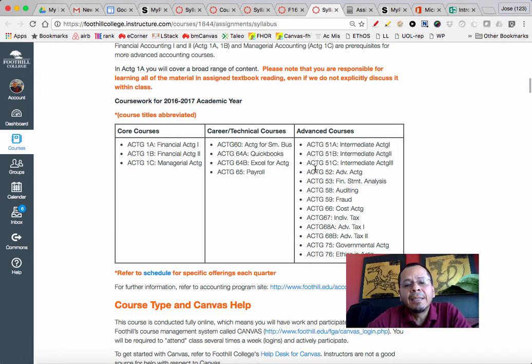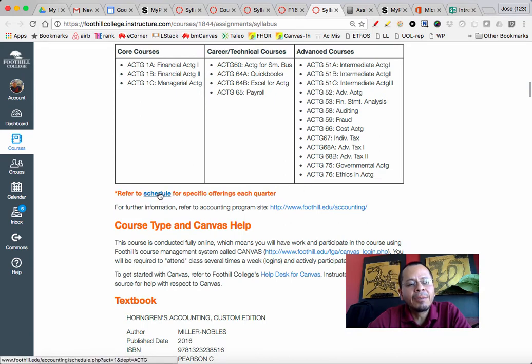Keep in mind that also these are the basis for getting certificates in the program, and you would be emailing me. Since I'm the chair of the department, I will be the one reviewing your application, and I will be the one providing you with the certificate if you qualify for any of these as you move forward. If you want to look into other parts of the other classes that are scheduled for this quarter or following quarters in accounting, you can go to this link there.